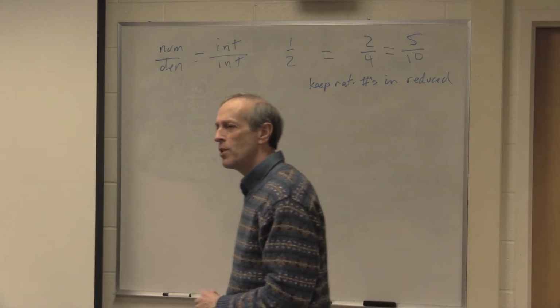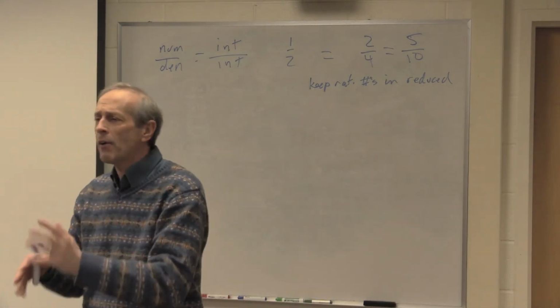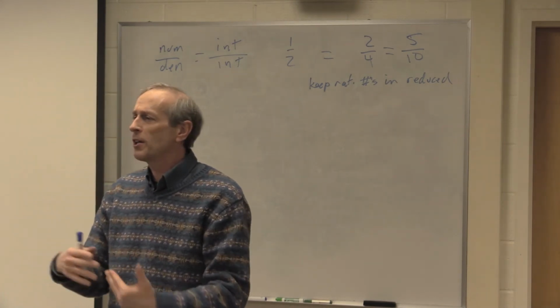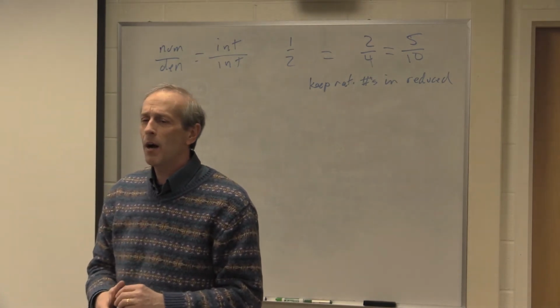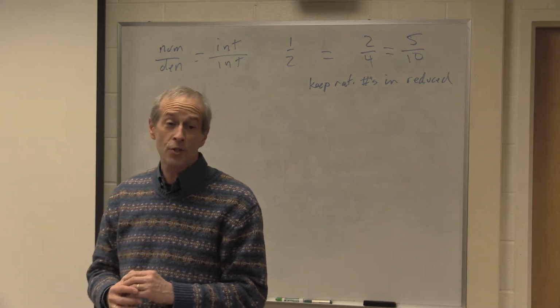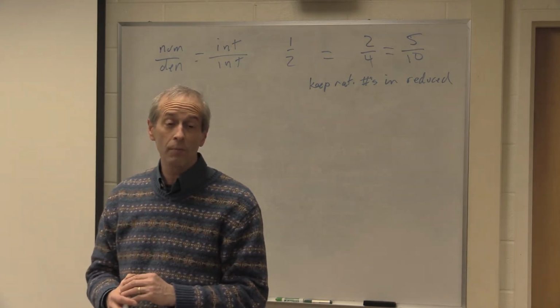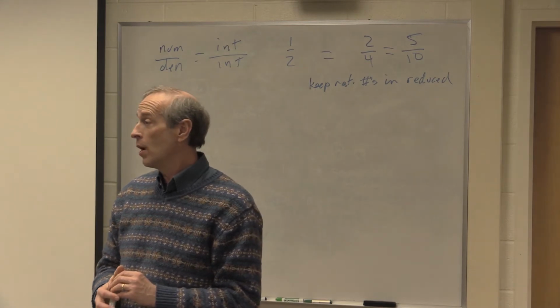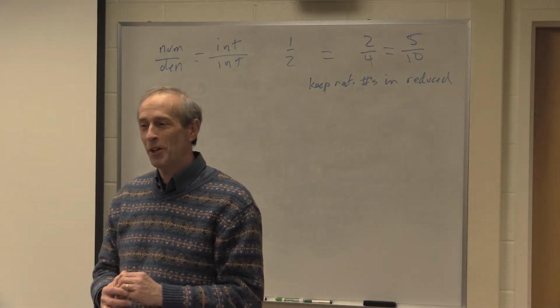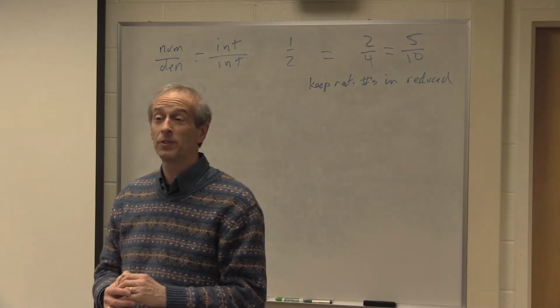reduced form. So you should never, while you do a calculation, you might generate numerators and denominators that are not completely reduced. But when you're done with your calculation, you should leave the result in reduced form, which means that there's no common factor in the numerator and denominator that can't be removed. Right? So,